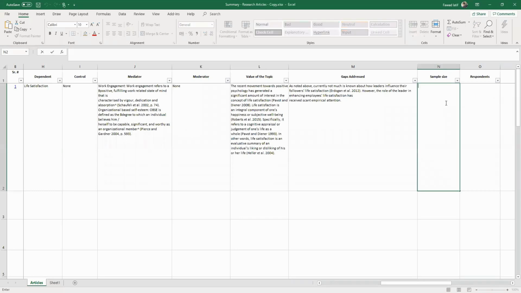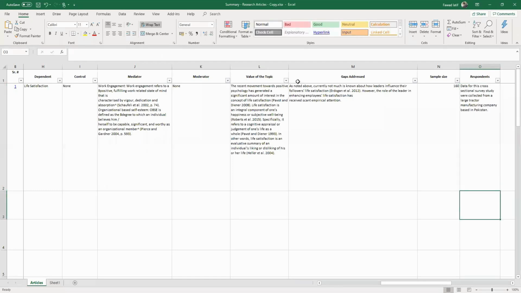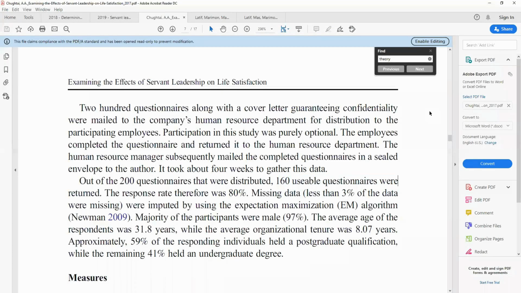The sample size was 160 and the respondents were from a tractor company. The next thing you are looking into are the results. Now, it's really easy to find the results. You just have to go to the abstract again. And in the abstract, you will find